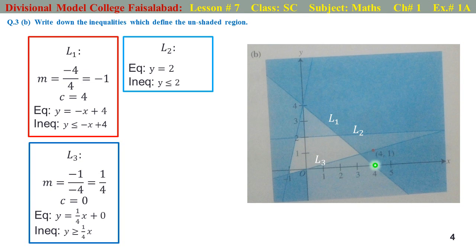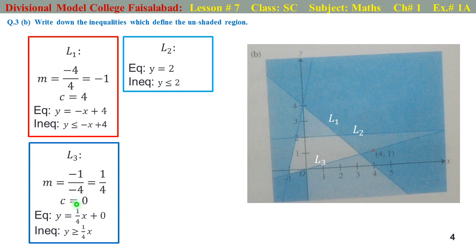So in this case, rise is -1 and run is -4. We are moving downward and to the left on x-axis. So its rise is -1 and its run is -4, and final gradient is 1 over 4, and c is